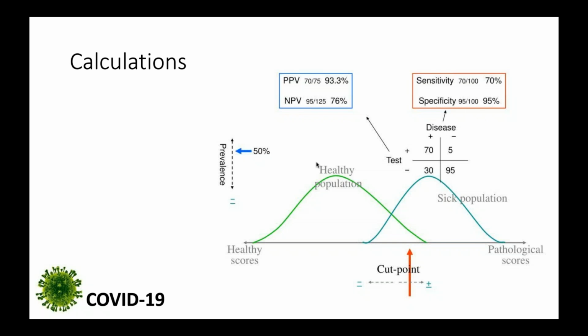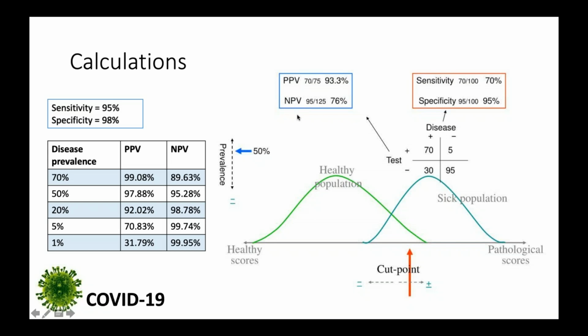The other component that contributes to this is disease prevalence. And so that informs the positive predictive value, or the likeliness that a positive result is a real positive and reflects disease, in this case at 93%, and a negative predictive value would be of 76%. But let's say we change that sensitivity and specificity to something like 95% and 98% respectively. And let's say that the assay that we have is a fantastic assay, and these parameters are really fantastic.